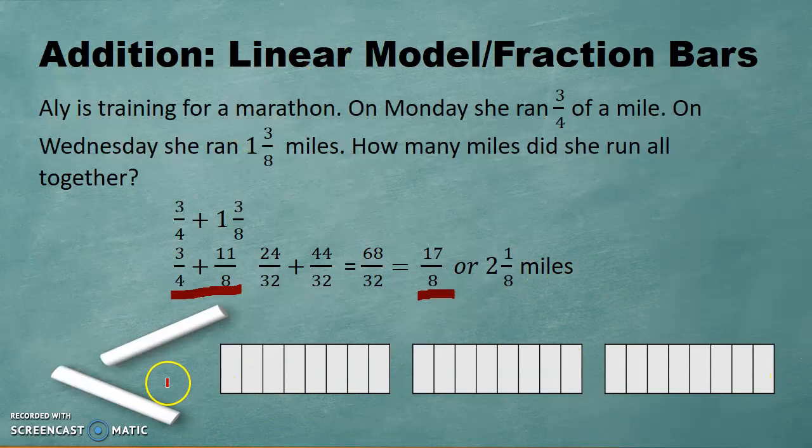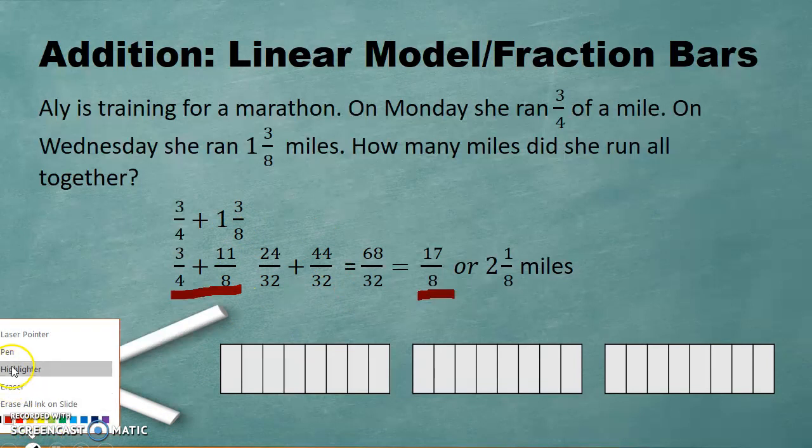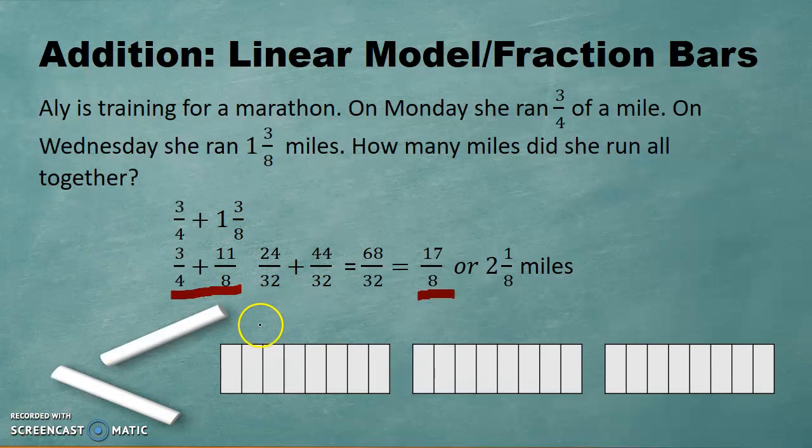Now, we have our fraction bars down here, and what I did is that I broke them up into eighths, because it would be easier to shade in. So we can see 3/4 is the same as 6/8. If you multiply these by 2, 3 times 2 is 6, 4 times 2 is 8. So we have 6/8, which is the same as 3/4, plus